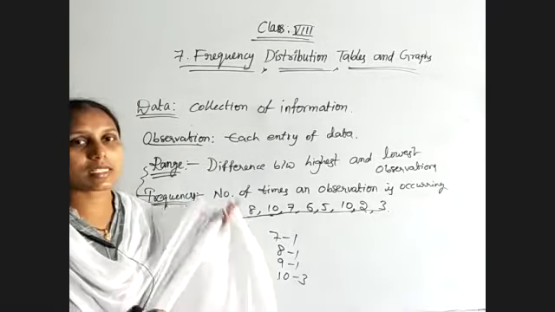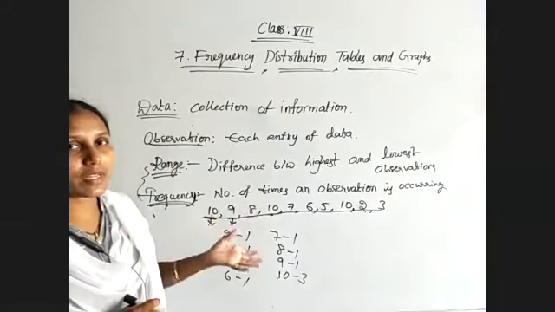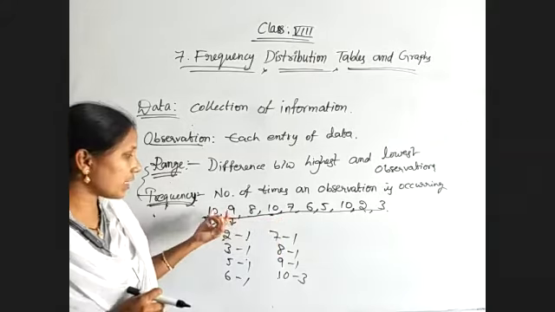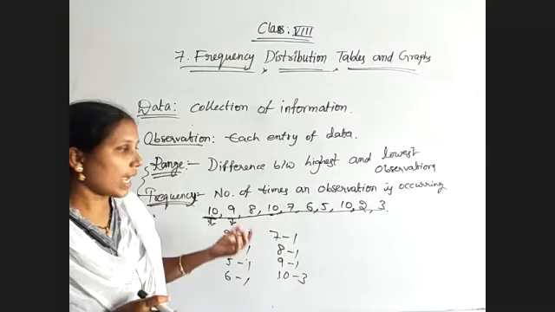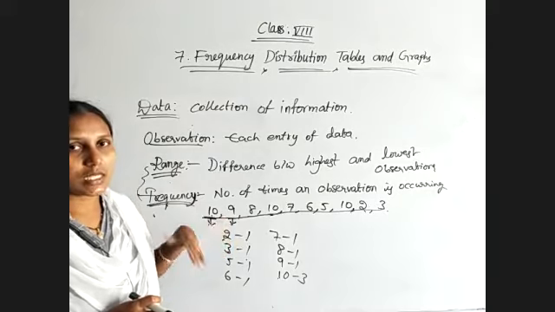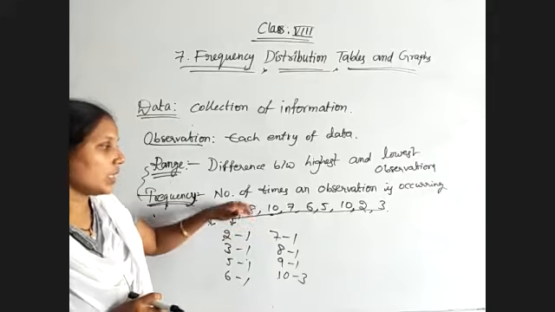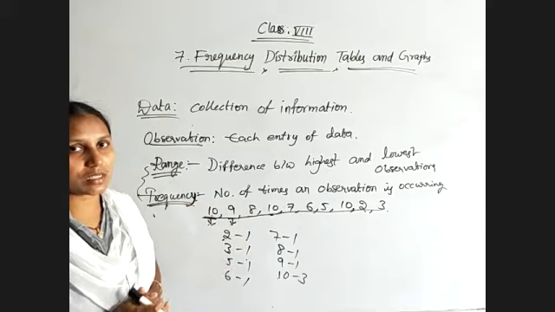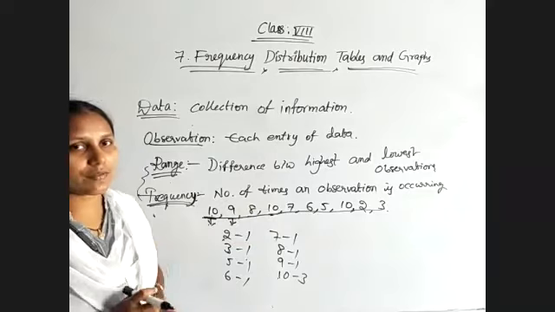Okay, now let's come to the mean, mode, and median. Mean is nothing but average. How do we calculate the average? The sum of observations divided by the number of observations. We need to take each observation, and if the value of any one observation is changed, the mean also changes. And if the number of observations is reduced or increased, the mean also changes. So it depends upon the value of each observation as well as the number of observations, and it is the representation of the entire data.